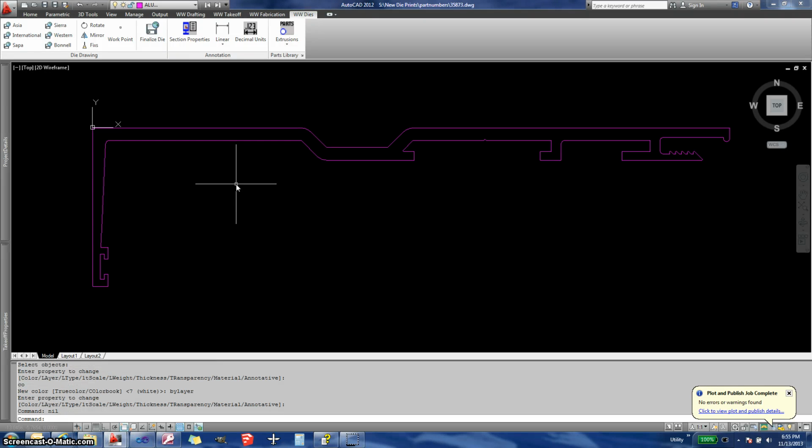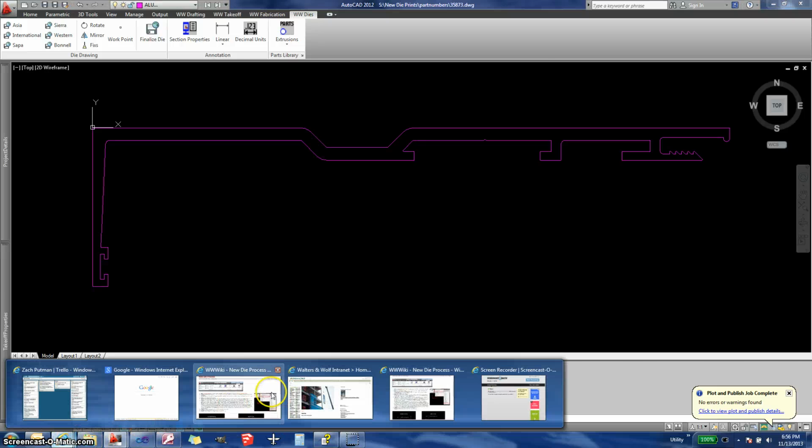Click there. And then it cleaned it up, changed the color, removed some of the radiuses, and it dumps me into what looks like a part drawing. So that's step 5 and step 6 where we followed the prompts. Step 7 is to orient this part. So according to the die process page again,